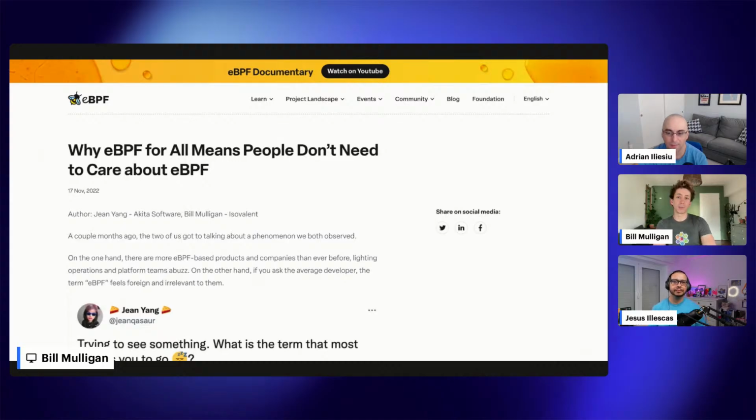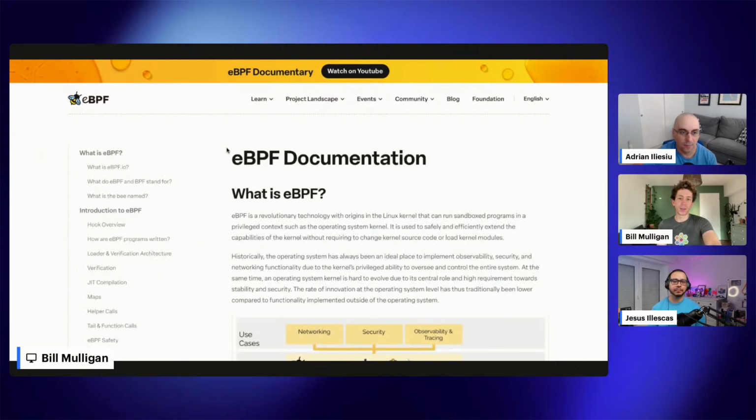So Cilium is a great example of how you can get started with eBPF without having to write any eBPF code. What I would recommend for most people is to go to a product or technology that's leveraging eBPF underneath and see the benefits that it brings. That's the easiest way to do it. But if you actually want to dive into the code, there are a lot of great resources on eBPF.io to help you get started too. There's the What is eBPF page, like I was talking about before.